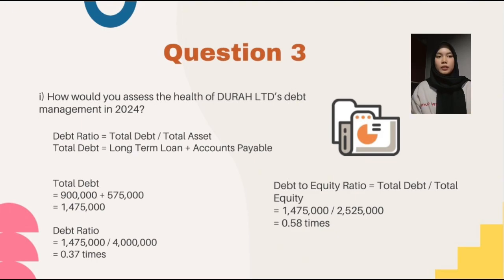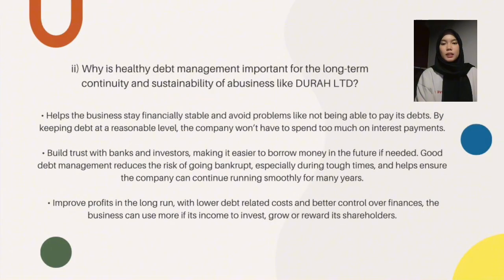The formula of debt to equity ratio is total debt divided by total equity, which is 1,475,000 divided by 2,525,000, which is 0.58 times. Next is the importance of healthy debt management for the long-term continuity and sustainability of a business like Dura Ltd. Debt management is important because it helps the business stay financially stable and avoid problems like not being able to pay its debt. By keeping debt at a reasonable level, the company won't have to spend too much